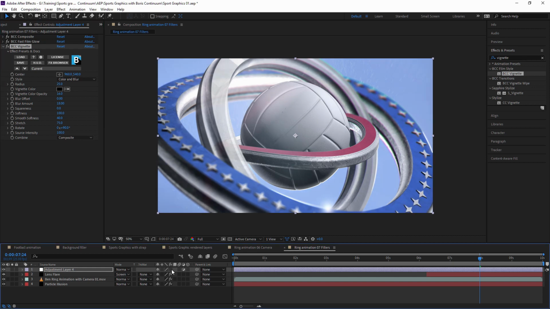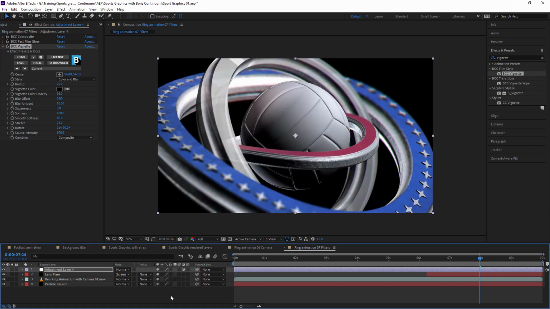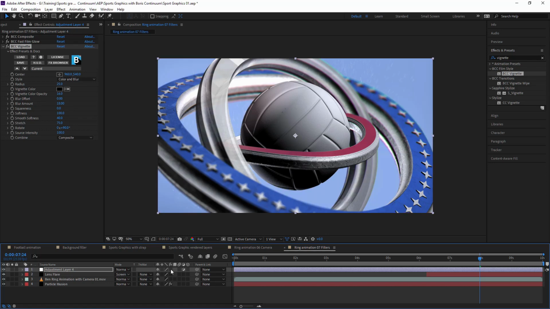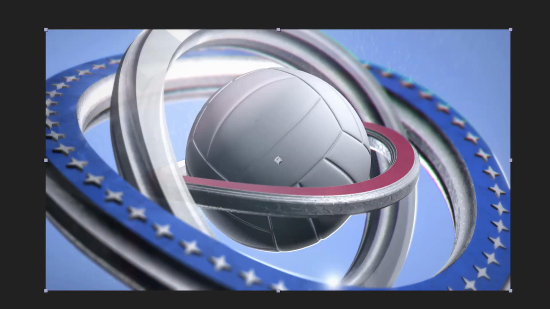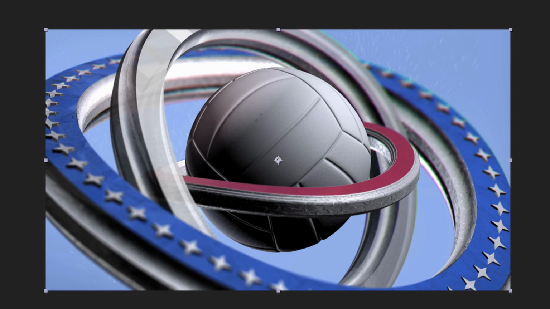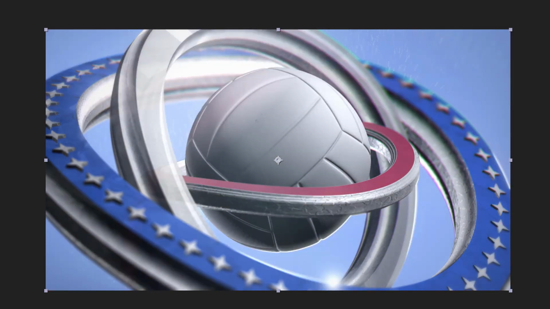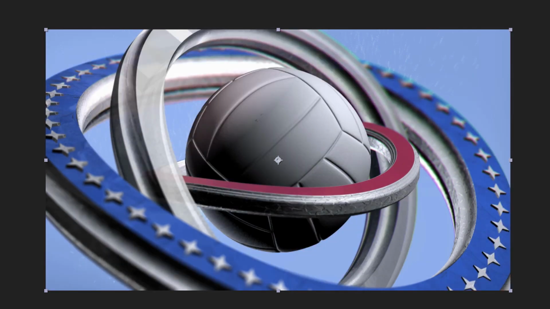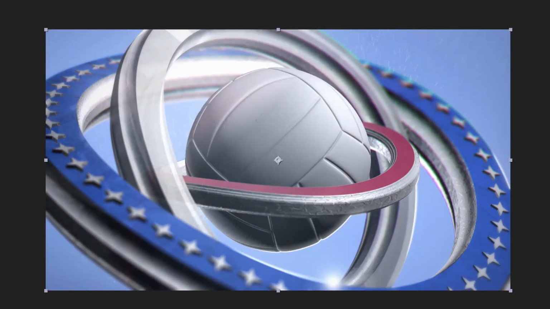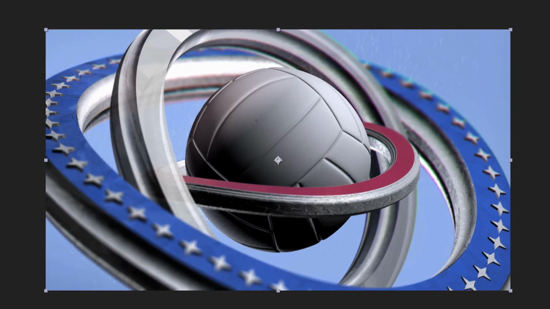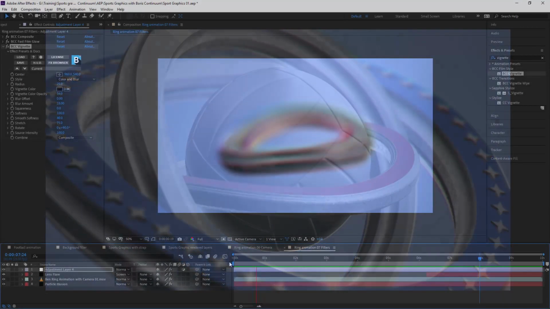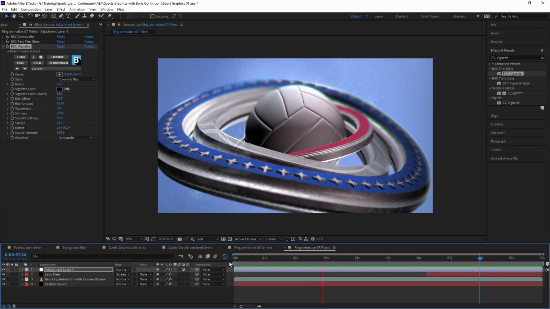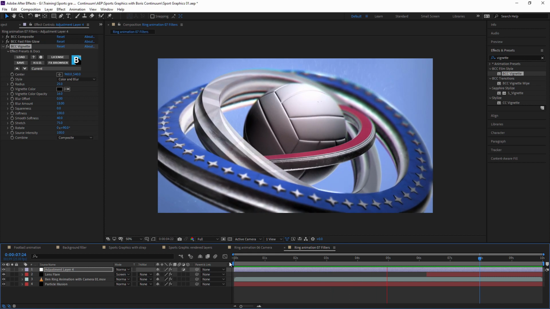Cool. So before, after. Actually, it's just the before, after, before, after. So you see, just adding a few little effects just has really started to boost that up quite nicely. Adding in quite a few little bits of glare and glow. It's really starting to come together. And that's looking all right.